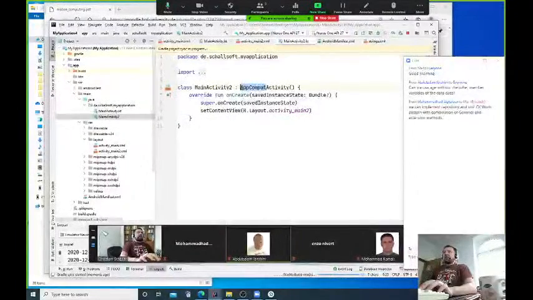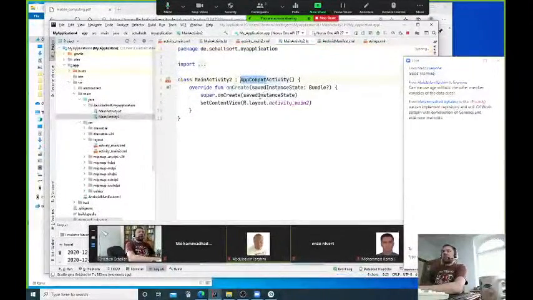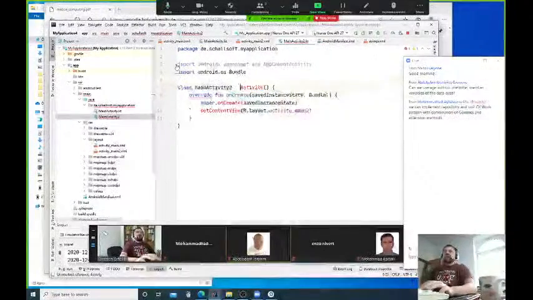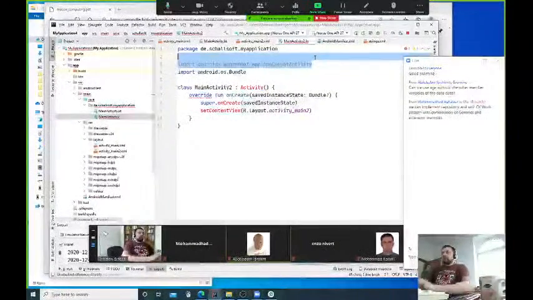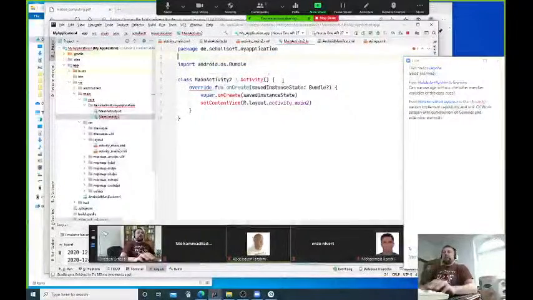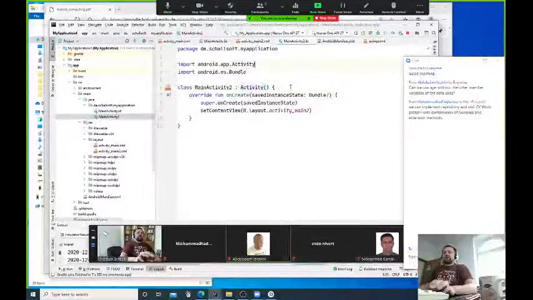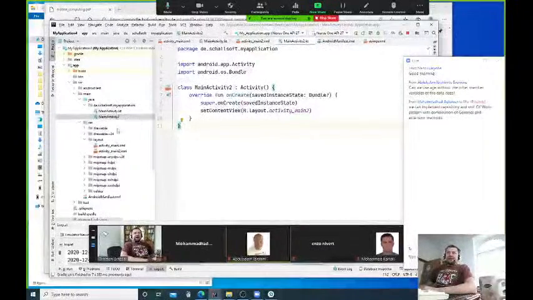The generator creates this AppCompatActivity, but I don't want compatibilities. I want to use the activity which is present on the phone, so I can go over that. But I have to import it. It must be imported, so import this activity. Now it works. Okay, just take the base, the main class activity, which is on every phone. It is present there. I don't need this compat at the moment. Good. Now we have two activities here